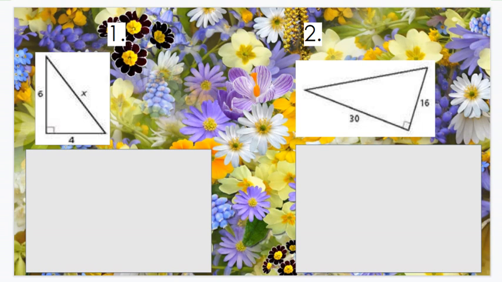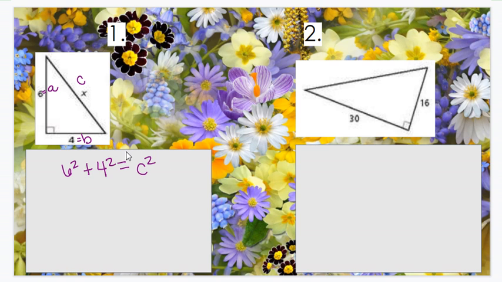All right, let's do these next two examples together. Let's go ahead and find our right angle. Here it is. So these two numbers are our legs. I'm going to label this 6 as A and the 4 as B. So I'm going to have 6 squared plus 4 squared equals C squared, because this time we're looking for side